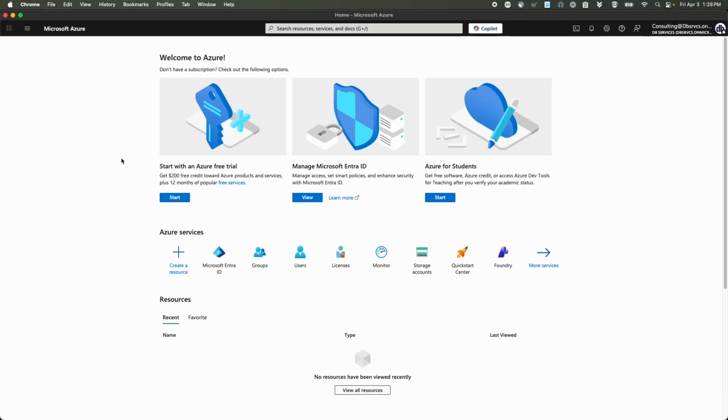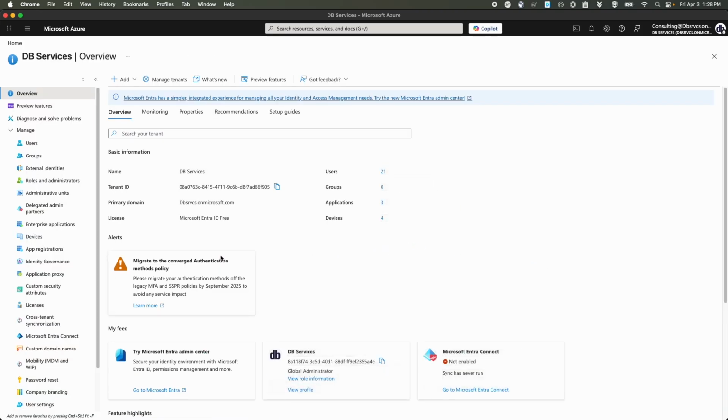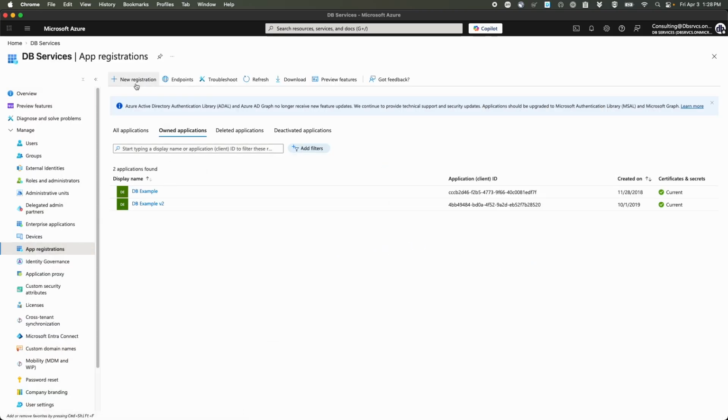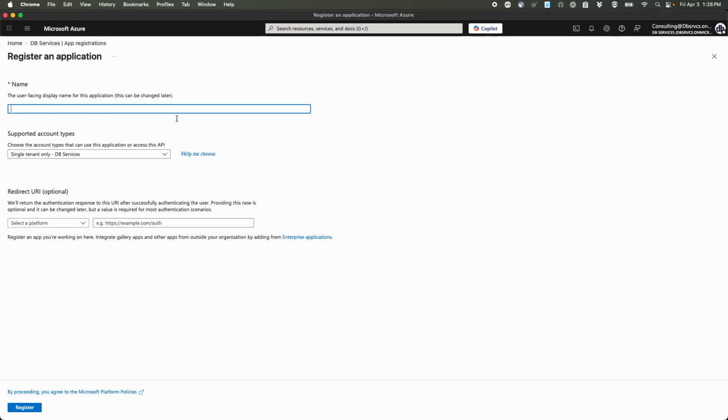We're on the home page here. Let's go to Microsoft Entra ID. We want to create an application. Click New Registration. Set a name. Make sure that the supported account types is set to single tenant only, and then we will set a redirect